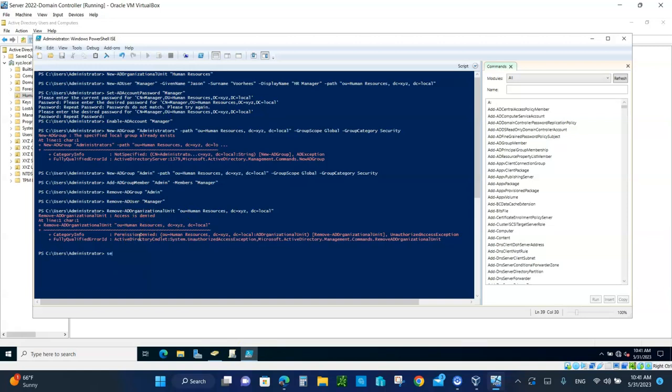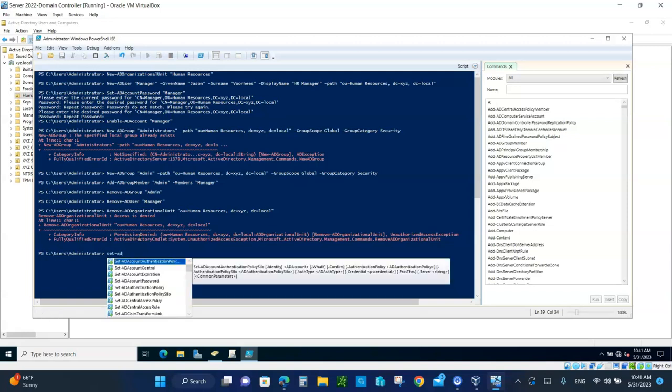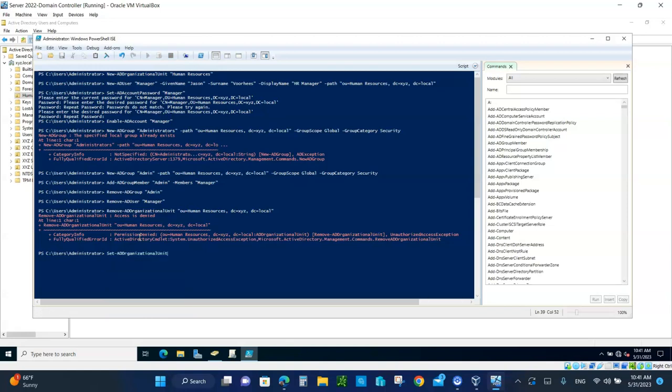So let's do Set-ADOrganizationalUnit, space. We've got to put the path, open quotes, OU equal to Human Resources, comma, DC equal to XYZ, comma, DC equal to local, close the quotes,